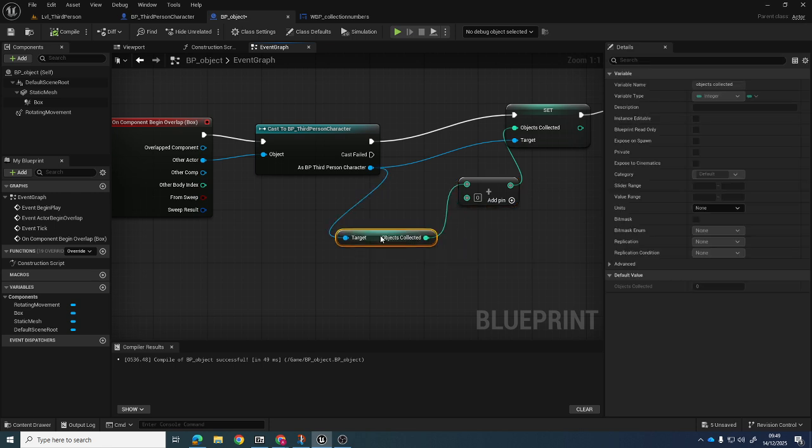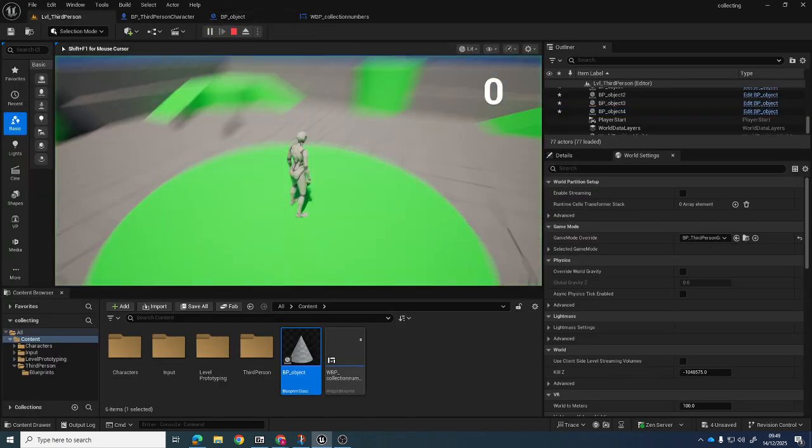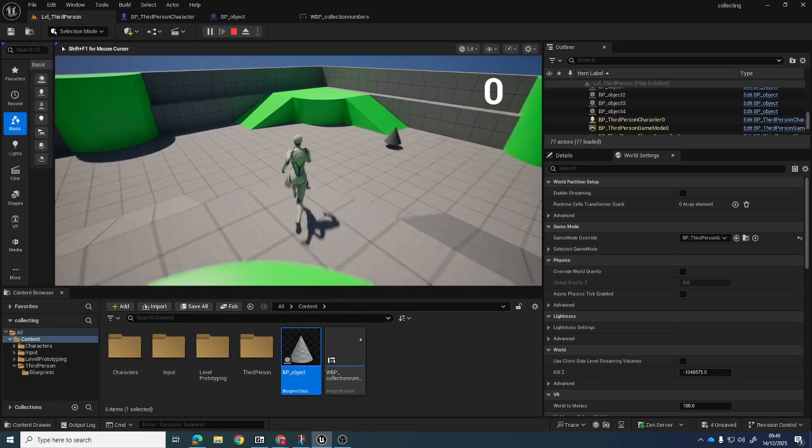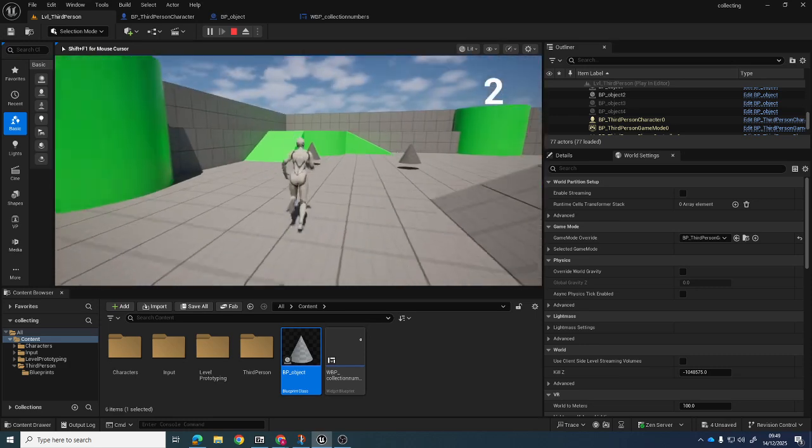I have not put the number that it's getting, the new one of 1. Bit silly. That can often happen though. Let's do this again. I didn't put the number in. Yeah, and now it's collecting them all. There will be the sound as well, but I've got the sound